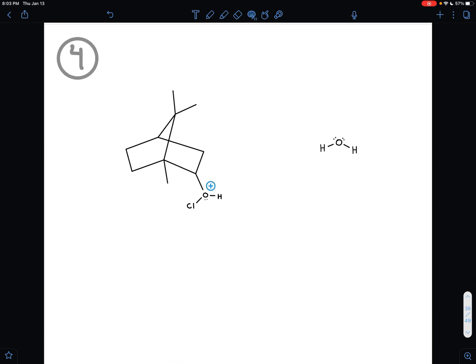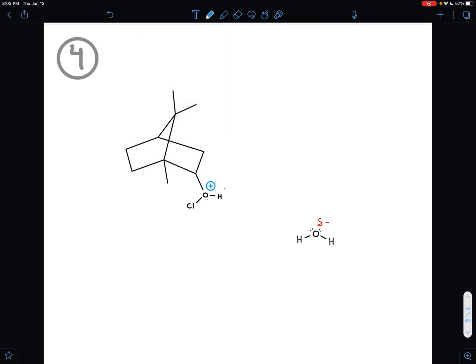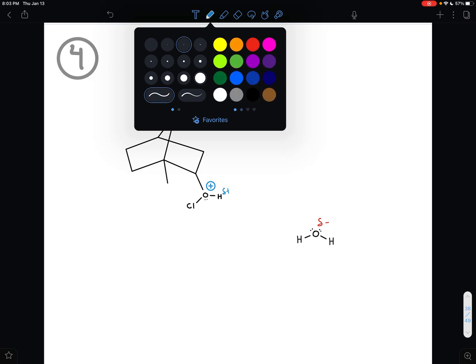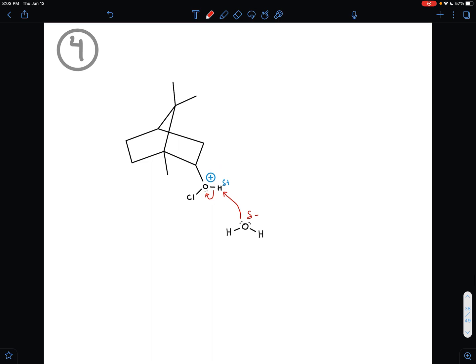That water is going to come back, and the slightly negative charge on the oxygen here is what's going to rip off the slightly positive hydrogen here. So this water comes close, it bumps into this, it rips that hydrogen off, the electrons go to the most electronegative place nearby. That's the oxygen. And in this case, the oxygen is really thirsting for electrons because it has that positive charge. And so after you do that proton transfer, that transfer of an H+,